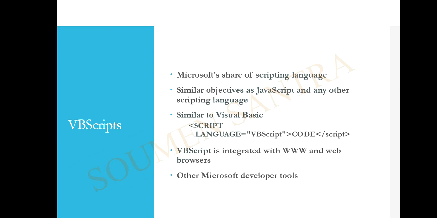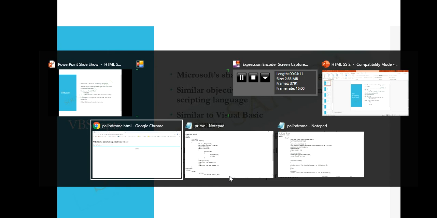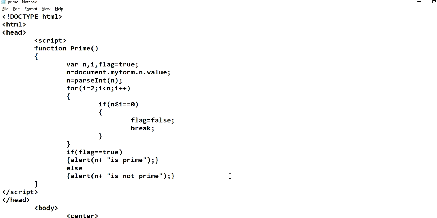Besides JavaScript, there is another scripting language, VBScript, which was developed by Microsoft. We use VBScript in Visual Basic. JavaScript and VBScript are both integrated in the WWW. Here I can show you how to write JavaScript code. Basically, I am showing you a basic example of prime